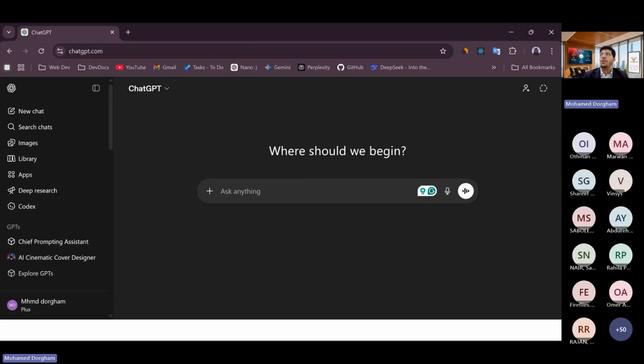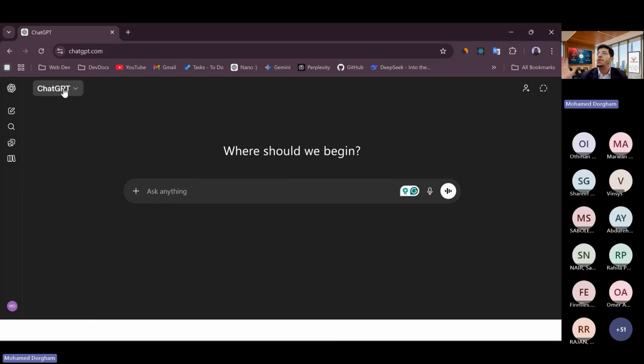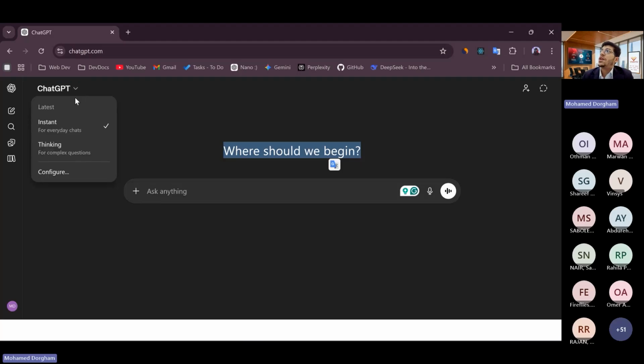So as you know, this is, of course, the most popular AI application around the world right now, and it's called ChatGPT. And I just want to give you a quick look at what we have here. So the moment you come to ChatGPT, of course, you get the first message, and you're going to see here there is a keyword called ChatGPT, and if you open it up, you're going to see the GPT series, or in other words, the brains that this system uses.